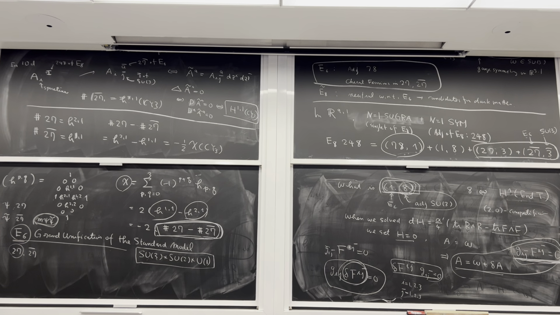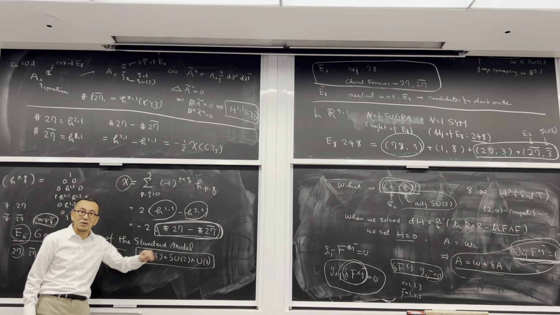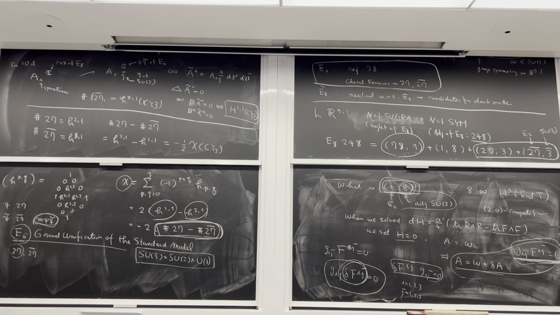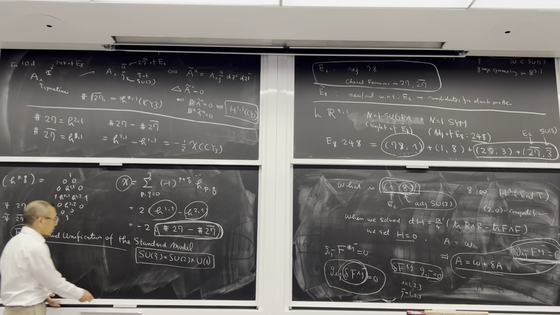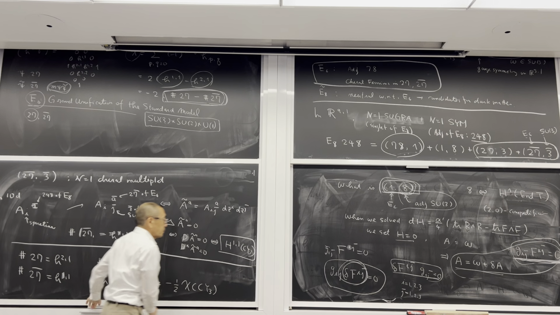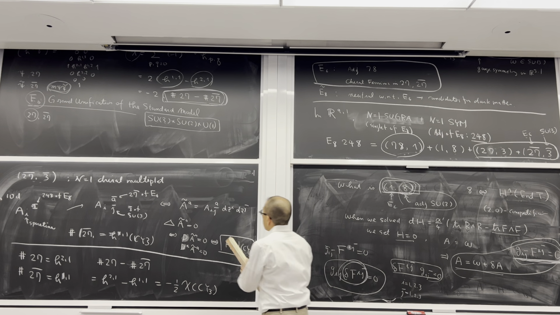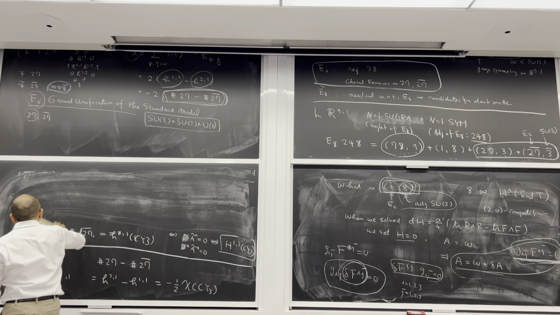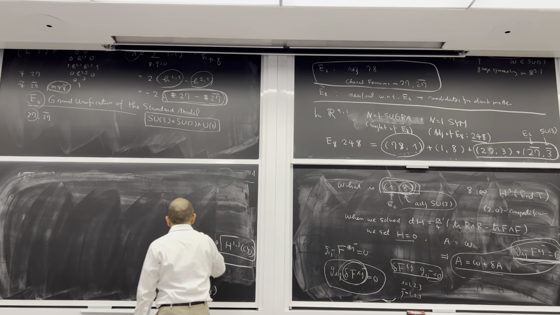Okay. All right. So we are almost done, except that we would eventually like to break E6 down to SU(3) x SU(2) x U(1), giving rise to the actual standard model of particle physics. And there are ways to do it. There are a variety of ways to break this symmetry. One natural way of doing it is called the Hosotani mechanism. So this is actually the string theory version of the Higgs mechanism.